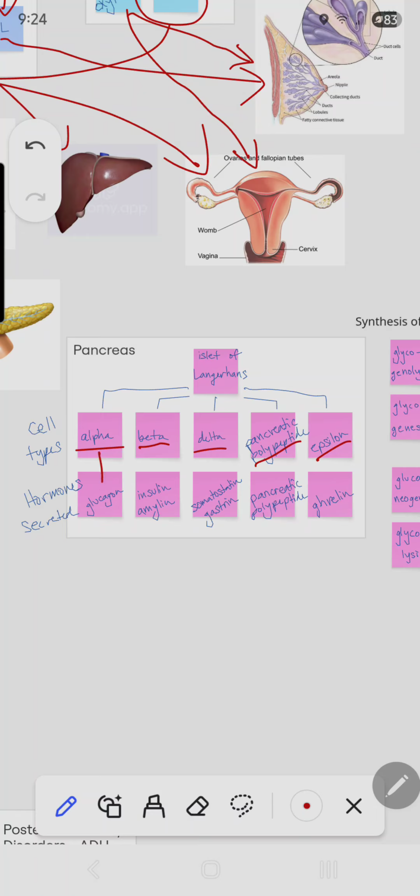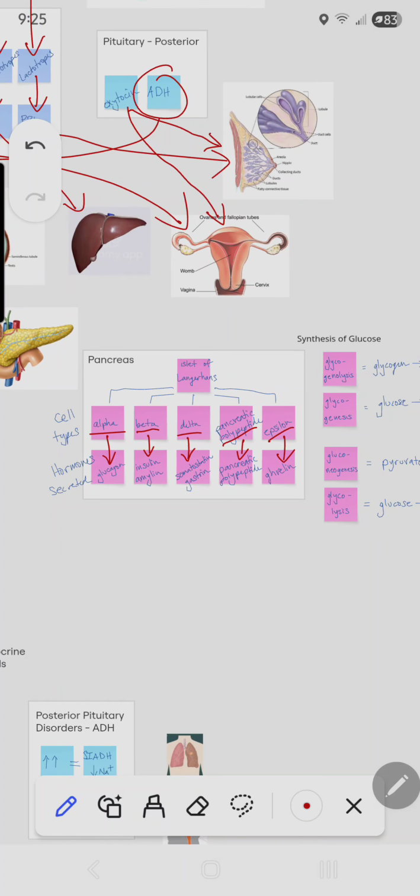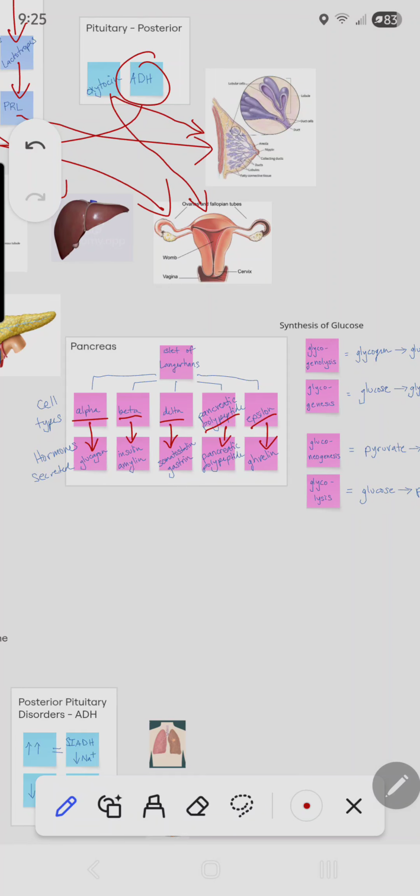Now your alpha cells are going to secrete glucagon, your beta cells are going to secrete insulin and amylin, and your delta cells are going to secrete somatostatin and gastrin. Now your pancreatic polypeptide cells are going to produce pancreatic polypeptide, and your epsilon cells are going to produce ghrelin. All of these have a function within the body in order to maintain glucose levels, as well as assisting to provide feelings of being hungry or feelings of being full in order to help with some of the regulation of